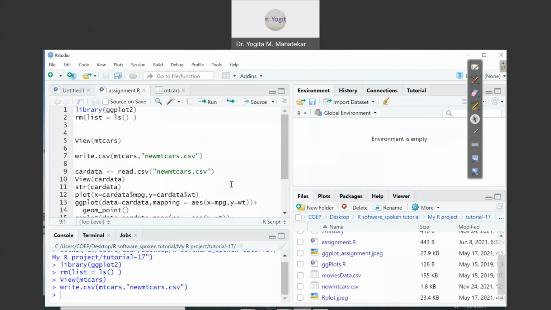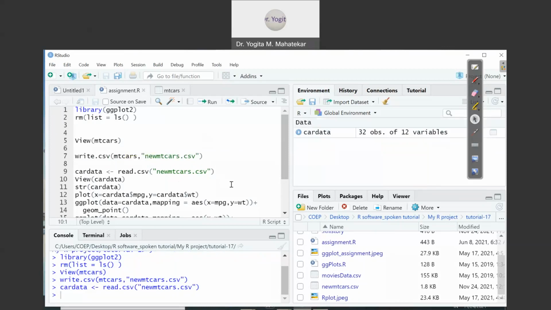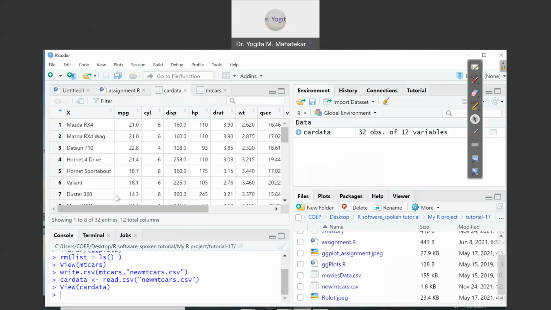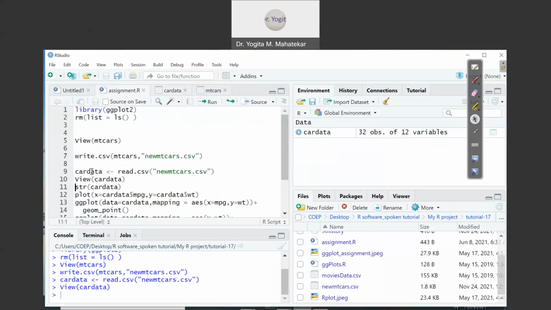So let me press Ctrl Enter, and if I say view, it will show you again the contents of car data. Now car data is your variable name which you will be using while plotting with ggplot2, whether it is a histogram, bar plot or scatter plot.